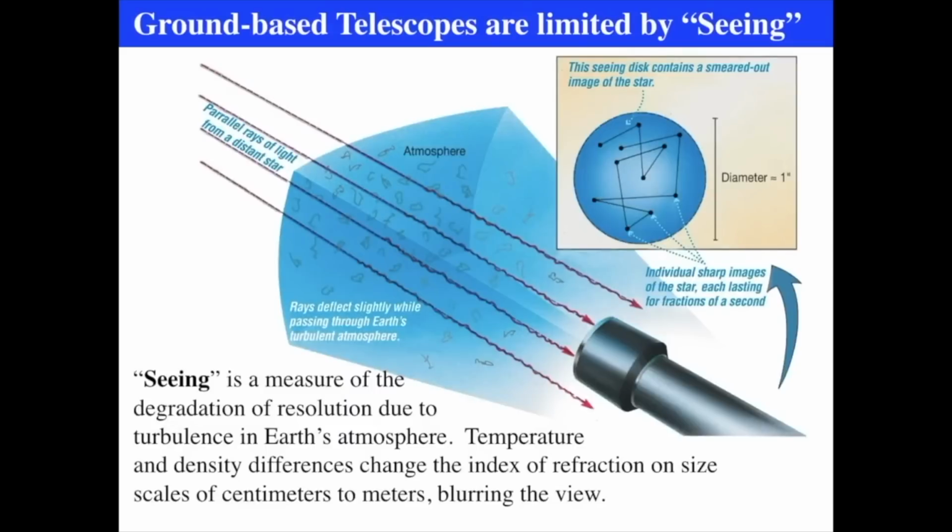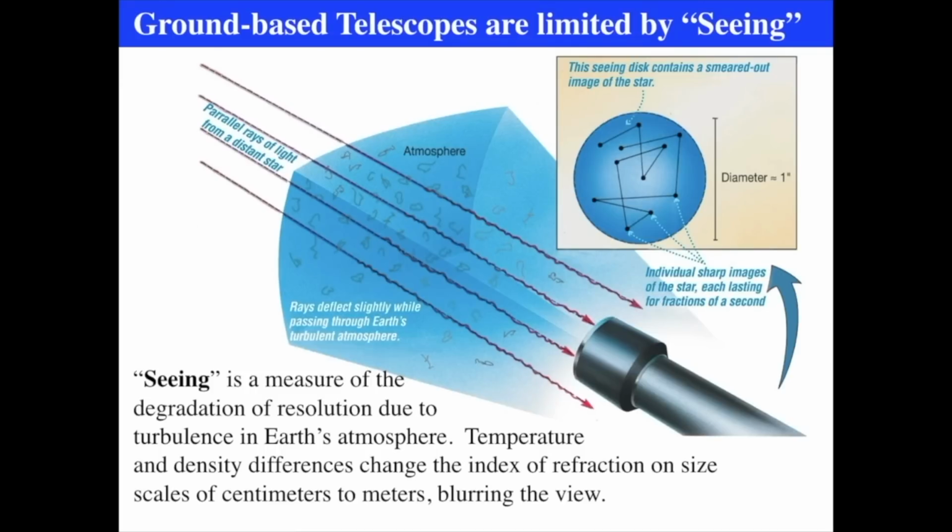All right, so when we look at why we're going up into space, it's because ground-based telescopes are limited by what we call seeing. And seeing is simply the distortion of light as it passes through the Earth's atmosphere. As light passes through the atmosphere, it encounters very briefly tiny turbulent bubbles. They can range from a few millimeters to maybe a couple of centimeters in size. And those bubbles have independent temperatures, independent density, independent humidity, and that's enough to make the light